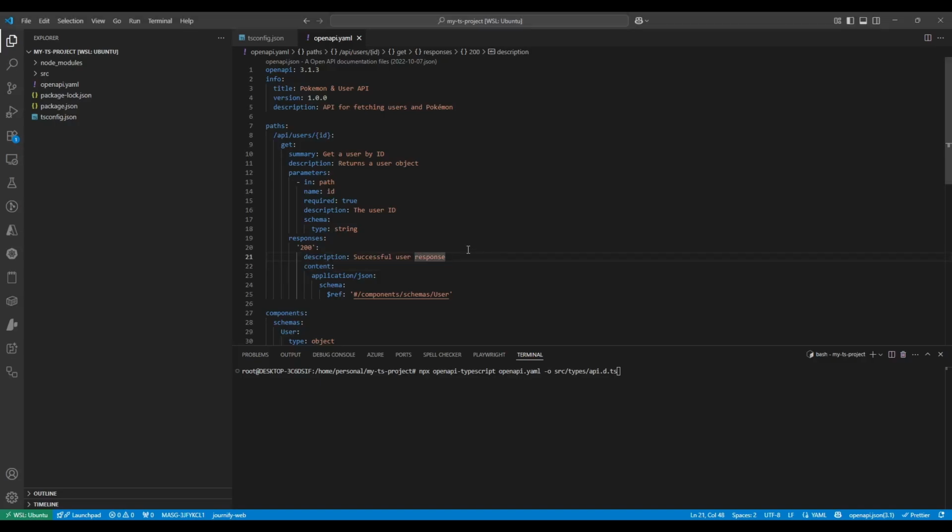Hello guys, so today I'm going to show you how you can convert your OpenAPI.yaml into a type. It's very simple. So first thing that you need to do is you need to create this file, which is